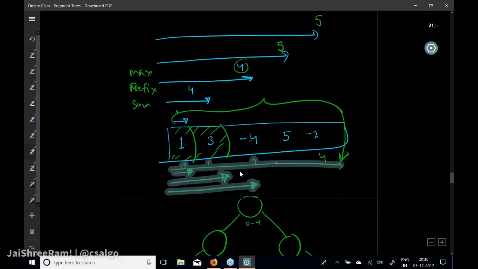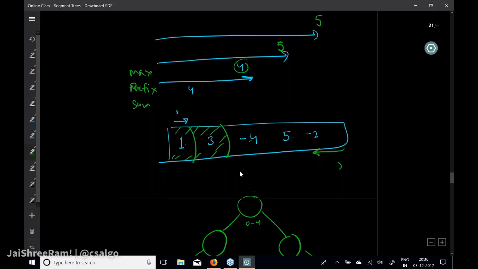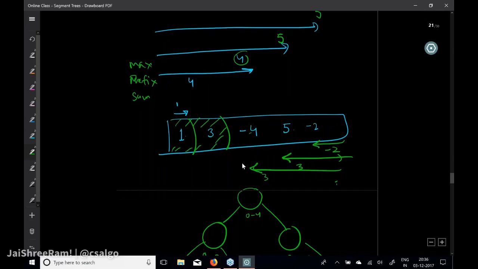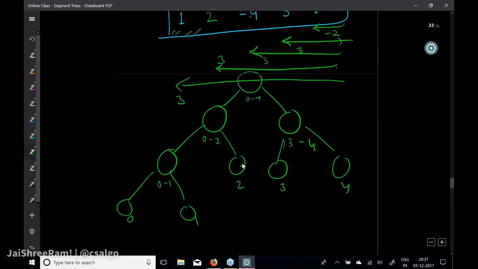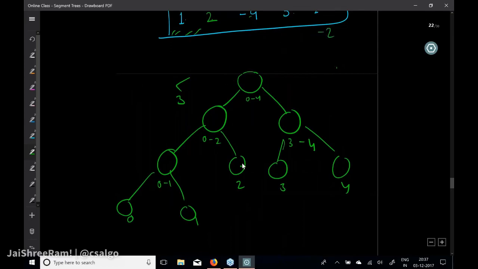सिमिलरली अगर उल्टी डायरेक्शन में निकालोगे तो सफिक्स सम निकाल सकते हो। सो अगर यहां तक एलिमेंट्स लोगे -2, यहां तक एलिमेंट्स लोगे -2 प्लस 5 3, यहां तक एलिमेंट्स लोगे तो -2 प्लस 5 3, -4 नहीं ले रहा। अब यहां तक अगर एलिमेंट्स लोगे या तो 3 होगा या फिर नया वाला जो सम बन रहा है। सो नए सम में क्या होगा, -2 प्लस 5 3 -4 -1 और ये 2, तो ये 3 ही होगा और यहाँ पे भी 3 होगा। इसको उल्टा सम कर रहा हूँ ना, क्यूमुलेटिव सम इन द रिवर्स डायरेक्शन, राइट। सो एक बार देखते हैं यहाँ पे, ठीक है। तो ये सम इस तरह से आ जाएगा, -2 और 3 3 3 आ जाएगा सबका, -2 3 3 3। ये मैं ऐसे ही बता रहा हूँ, कॉन्सेप्ट बता रहा था।